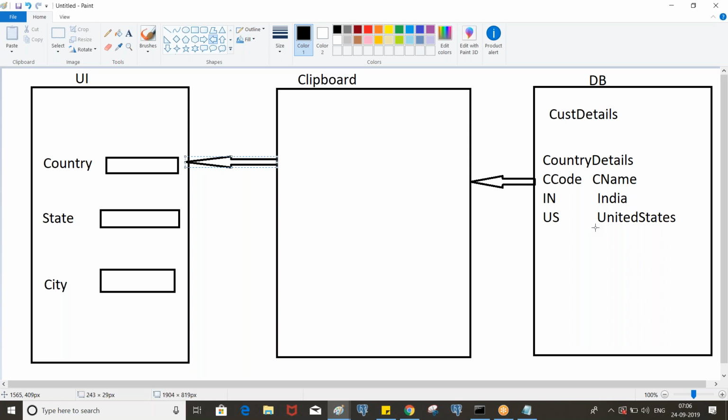Now, in order to fetch multiple records, meaning more than one record from the database to the clipboard, we have an activity method called obj browse. Write down the activity method. You will be writing some other activity method too, so put obj open.